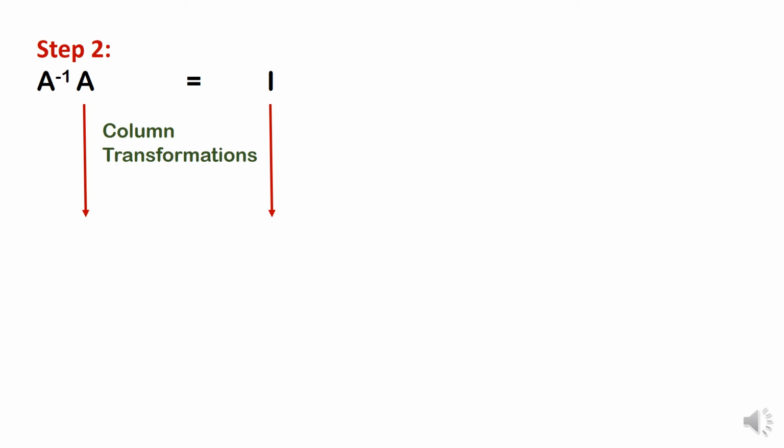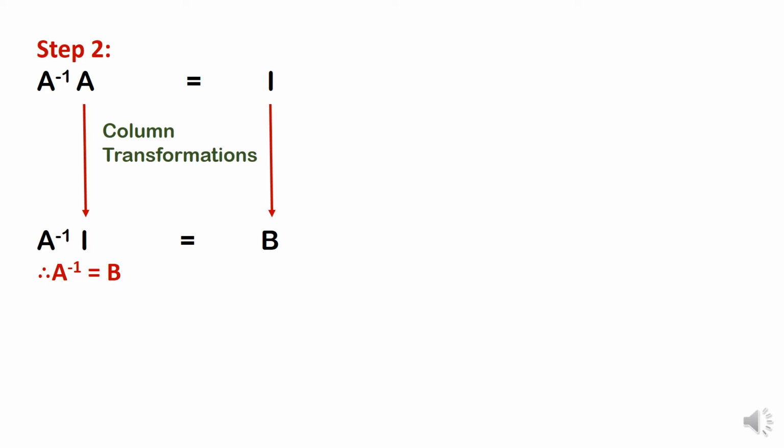Now column transformation, the same three steps can be done for columns as well. That is, interchange of one column with the other, multiplying a scalar number to some column, or adding the scalar multiple of one column to another column. The same three steps can be done for columns as we did for rows. Thus by column transformation, A is converted into I, and at the same time correspondingly I is converted into another matrix, say B. Thus we get A inverse I is equal to B. A inverse I is the same as A inverse. So we have A inverse is equal to B. So in this way, the inverse of a matrix can be found out by using elementary transformations.